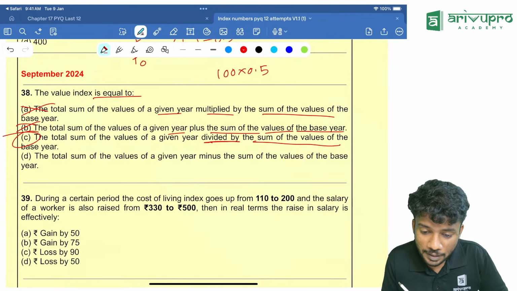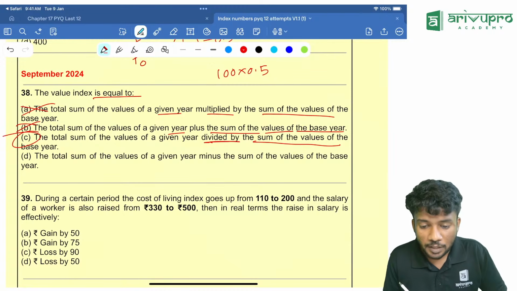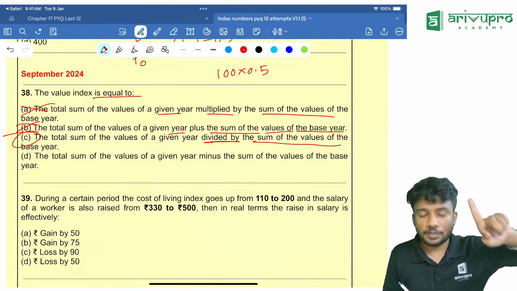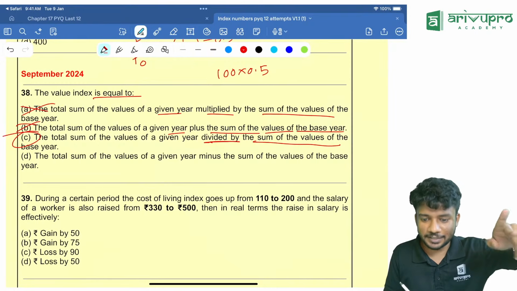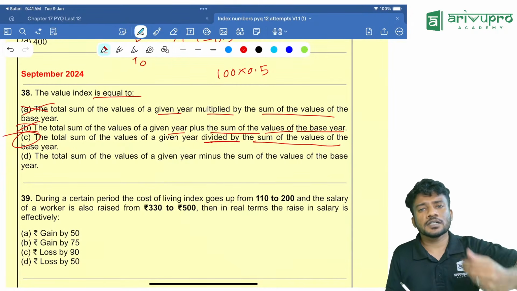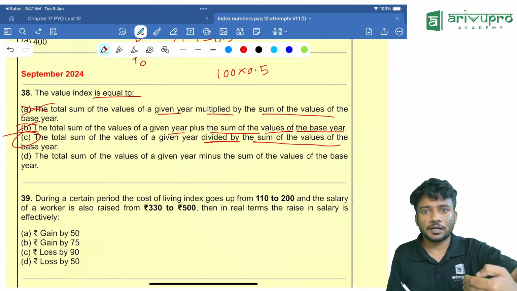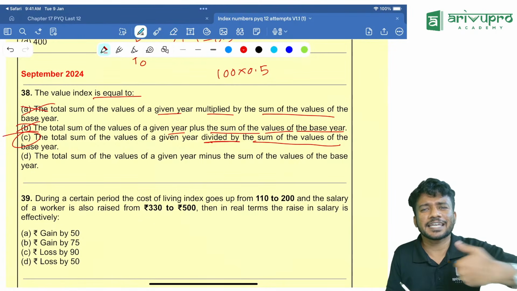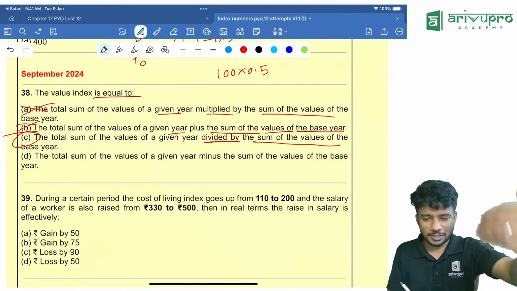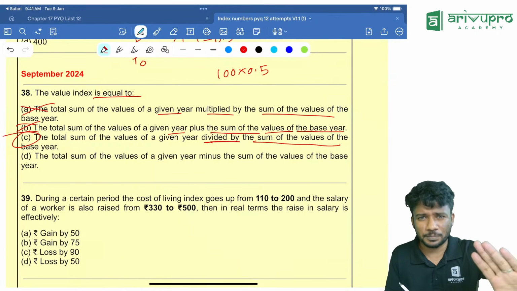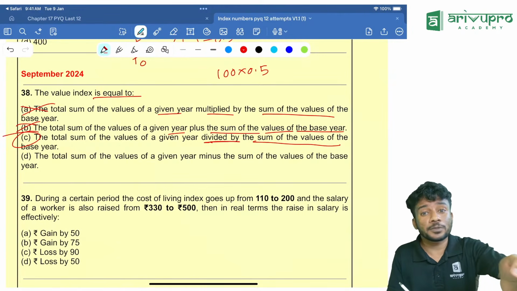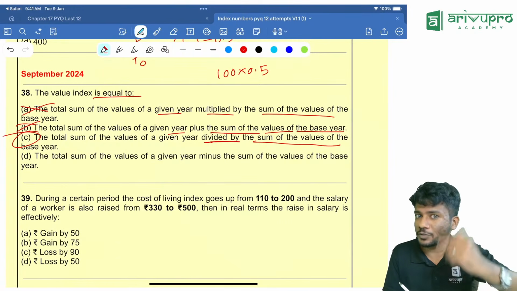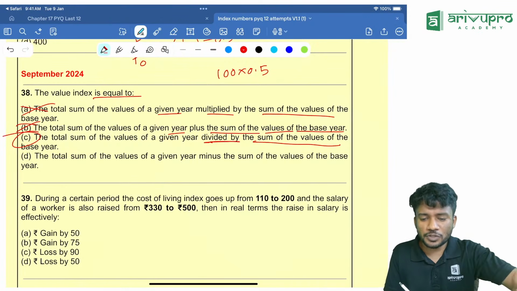Sir, I'm not well in maths part. I totally skip it, sir, but I'm good in TVM and stats overall. What to do, sir? Jiva, prepare logical reasoning. That is important. Then statistics, 40 marks. Then time value of money, and try to learn one more chapter in this coming week. Whatever chapter you are feeling like you can do, do that chapter. That means it will actually push you up, up to around 75, 80 marks if you are prepared well. So push yourself for that extra percentage. It will help you out.